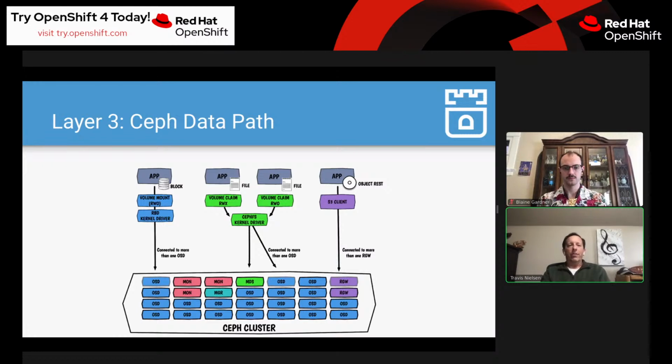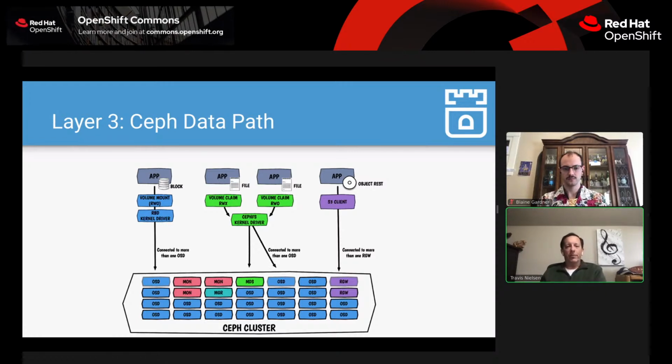So then layer three, now we get down to the data layer. Once Rook's been set up at layer one and the CSI driver has provisioned the storage, the volumes at layer two, now at the end of the day, your application just wants to write and read data, right? So this diagram tries to illustrate how your application now will connect to Ceph as the storage provider. And there is actually no management layer in this picture. So Rook is conceptually out of the picture at this point for writing and reading data,